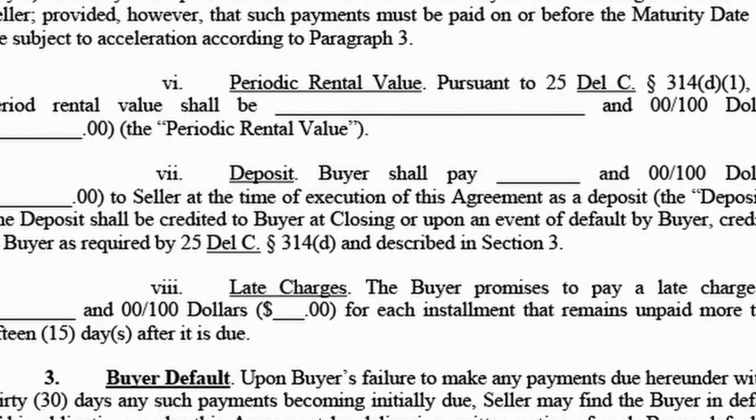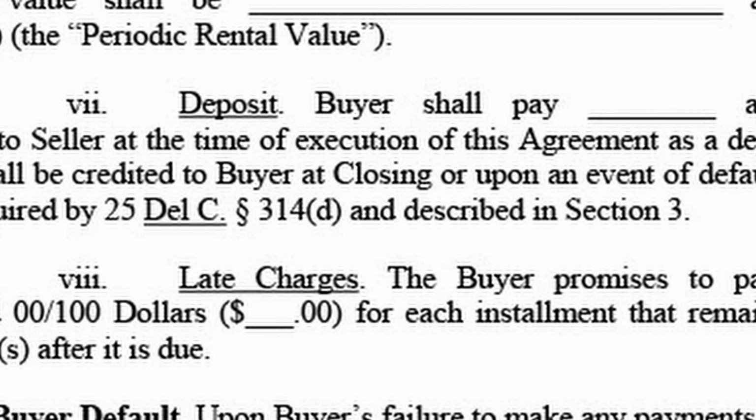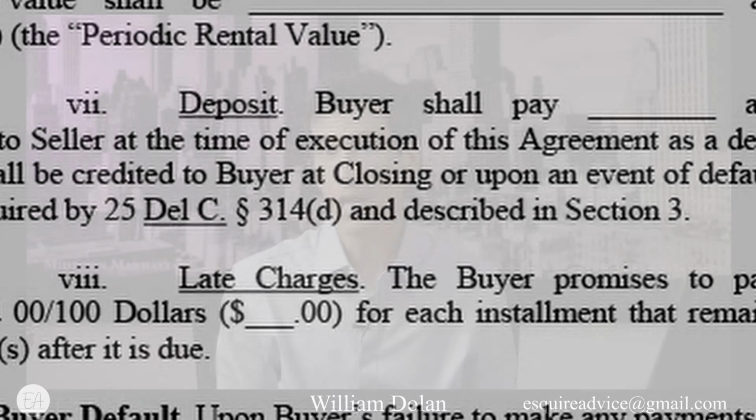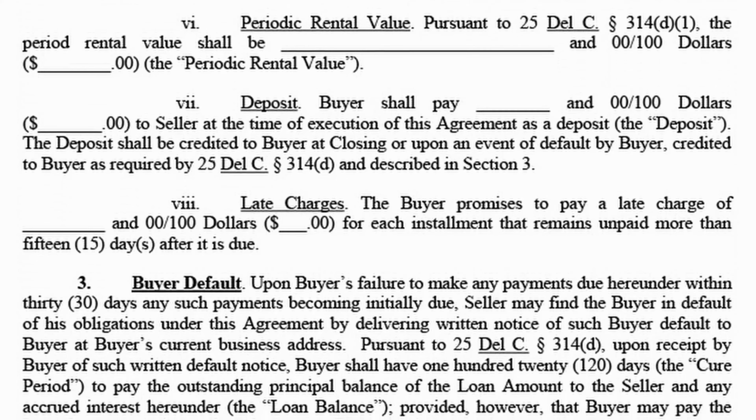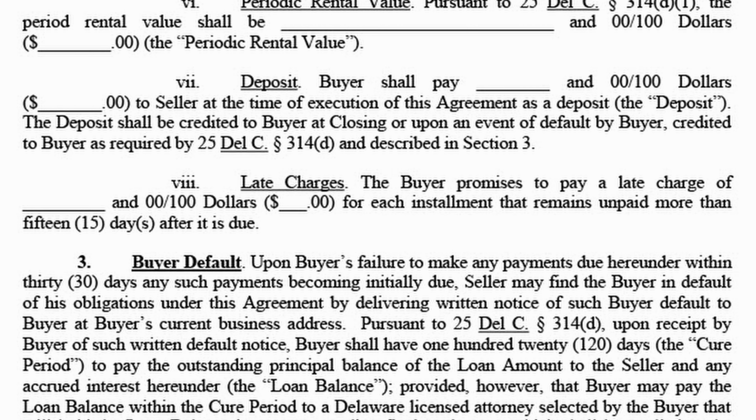And you'll notice in here, I have actually cited the Delaware Code, 25 Del. C. section 314D, that describes that. I've done that in quite a few different places in this agreement. I do it for the buyer. I do it for the seller. I do it for the counterparty's attorney in the deal, so that if anyone has any question about why this is in here, they can go look the code up and see, oh, okay, that's why this is in here. It has to be in here. Late charges are dealt with in section 8, and I think that concept is pretty straightforward.